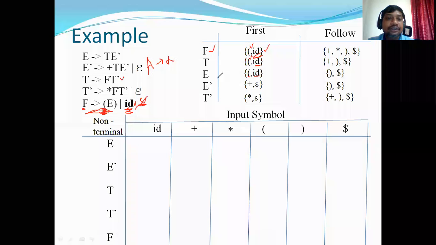Now, what about E dash? For E dash, we have two production rules, E dash derives plus T E dash. FIRST of E dash is FIRST of the right hand side of its production rule, that is plus. And we have another production rule, E dash derives epsilon. Hence, epsilon is in FIRST of E dash. Similarly for T dash, the first symbol is asterisk, and we have another rule from which we get epsilon. So asterisk and epsilon.